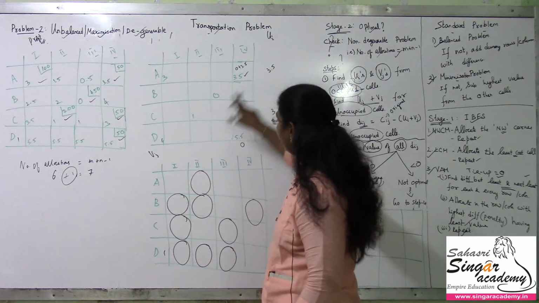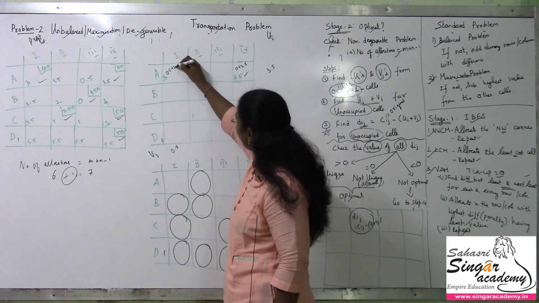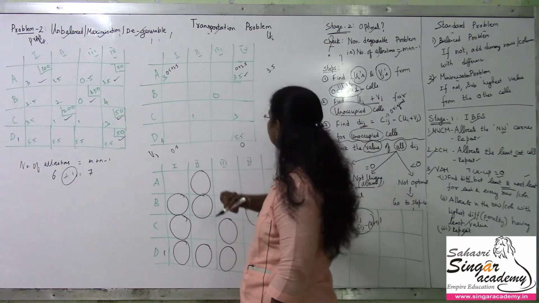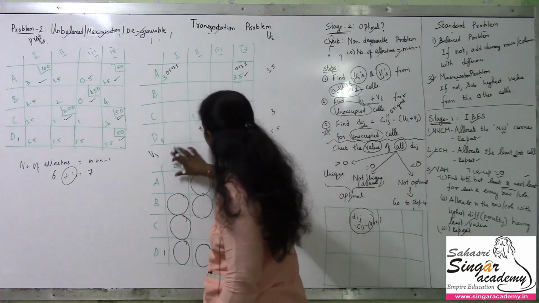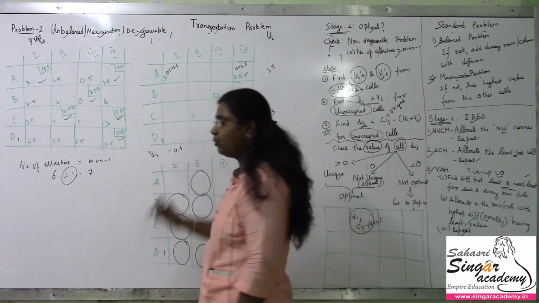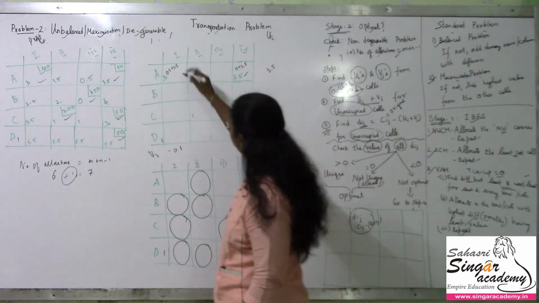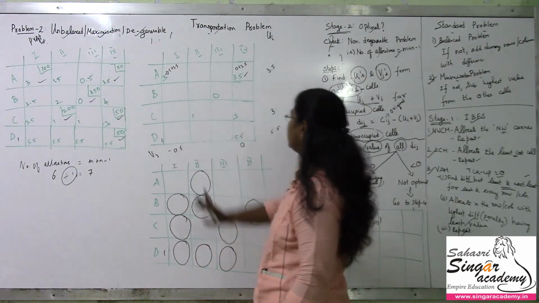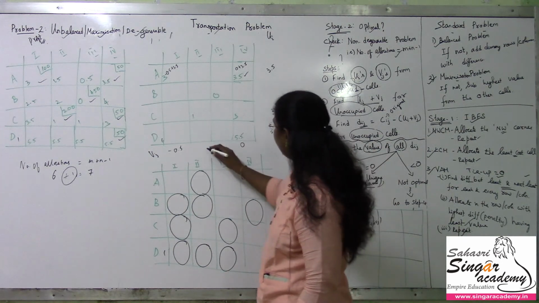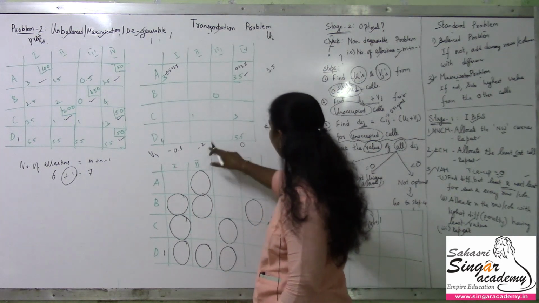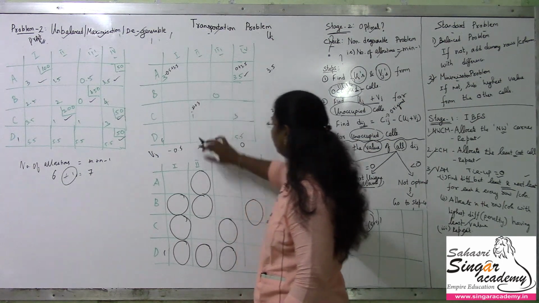Here I have 3.5. So if I take 0.5 here, then 0.5 plus 3.5 gives you, sorry, this is 3.5 and I should not take this as 0.5 directly. I have to take this as minus 0.5. See, ui's and vj's can be negative, no issues. So this is 3.5 and this is minus 0.5. Now I have to check this one. Here it is 3. So if I take minus 2 here, then 3 minus 2 gives 1. Yes, this is done.